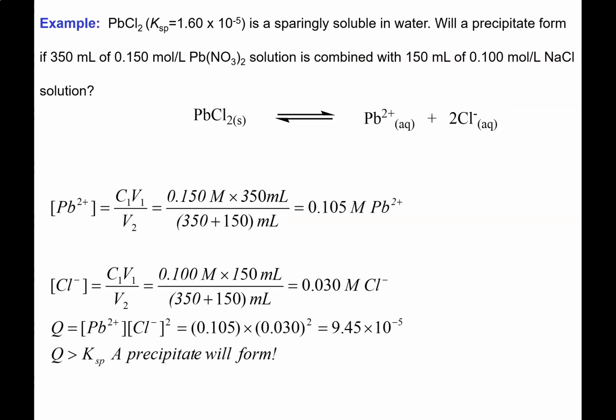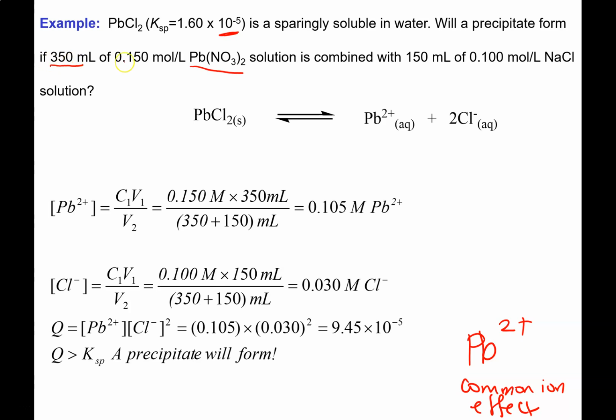So here we have a sample of lead chloride. It has a pretty small Ksp, 1.6 by 10 to the minus 5. It's sparingly soluble in water. What we're going to do now is add 350 mL of a 0.15 mole per liter solution of lead nitrate. So you're automatically thinking, aha, we're adding a source of lead ions. This is an example of the common ion effect, right? It's going to reduce the solubility of our lead chloride because we're adding a common ion,